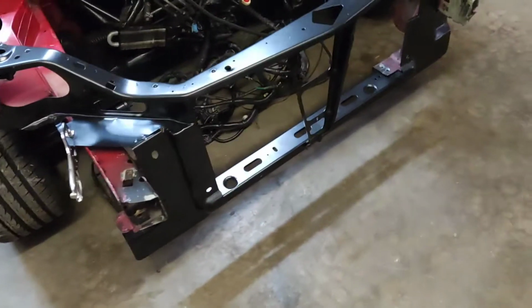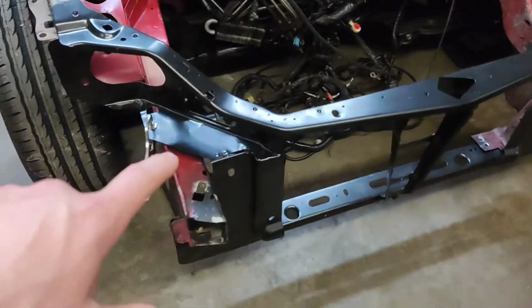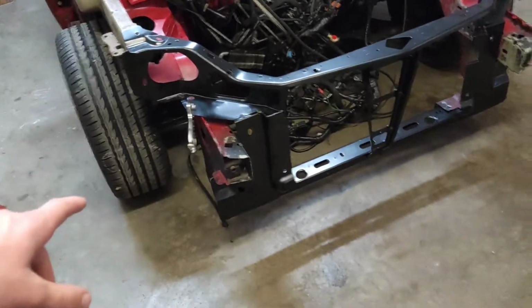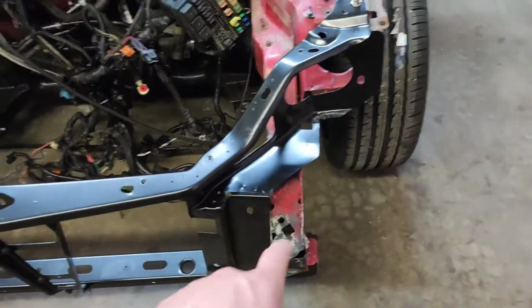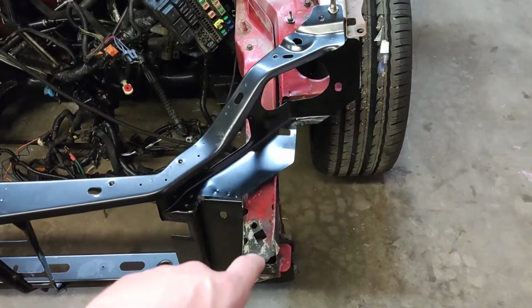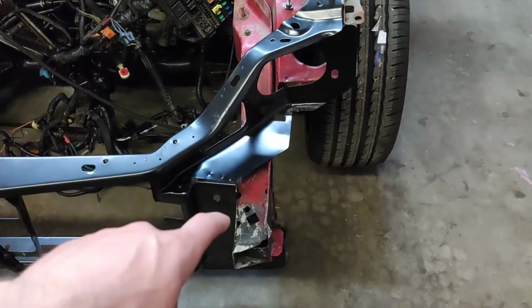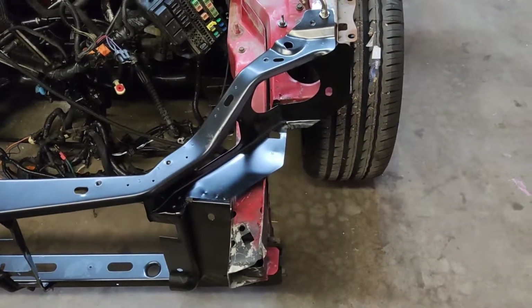So it's been a couple days, and I've actually just been doing a little bit of messing around with this thing. It's back down on the ground, back on the wheels, and I found out this frame rail here, the passenger or driver's side one, is actually about 5/8 of an inch, or about half an inch, too low, and an inch too far this way. So I'm not sure, we'd have to